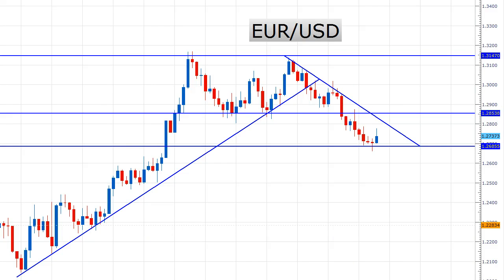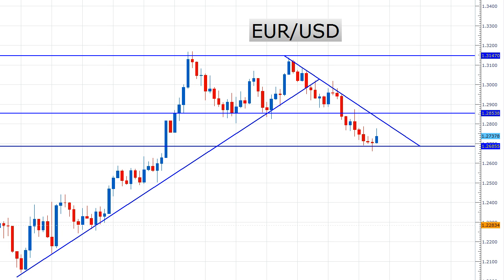Today we did get a little bit of that euro strength that we talked about as a possibility, considering it was sitting on a few major levels across the board. So a little bit of a euro pop, but I think overall there's still a lot of bearish potential in it. However, if it breaks out of some key areas, then all of a sudden our sentiment might change quite a bit on it. So a few different pairs I want to show you and give you an example of where I think the euro might be going and what it might be doing.